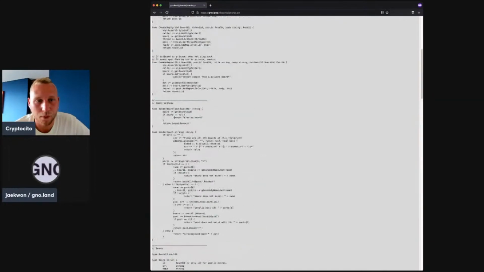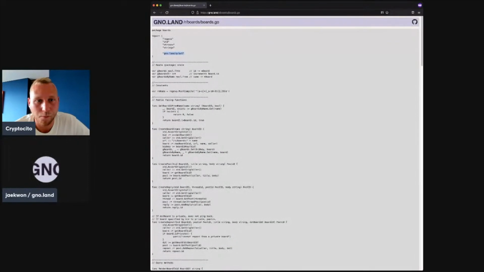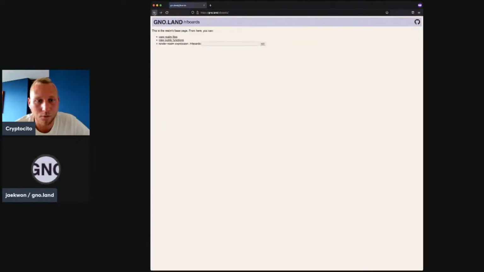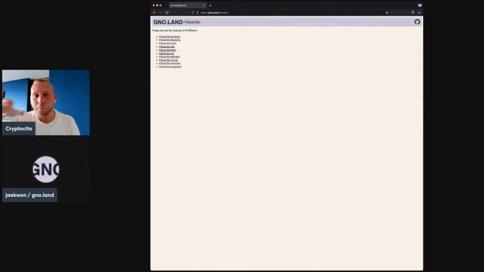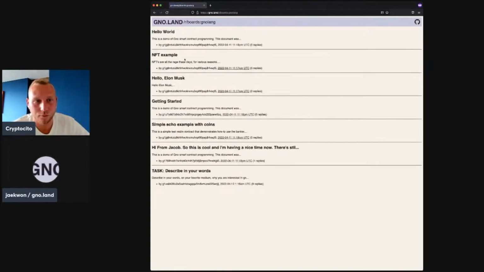I'm not going to go through all the functionality of it, because I'll show you another one that's a lot simpler. But I'm going to show you the boards realm running. So when I hit that button, there's a colon afterwards, after the path, boards colon, it'll call the render function. And this is showing all the boards of discussion, so to speak, that have been created here. And this is just a demo app where we're communicating. So you see some posts, and here's a task, for example.